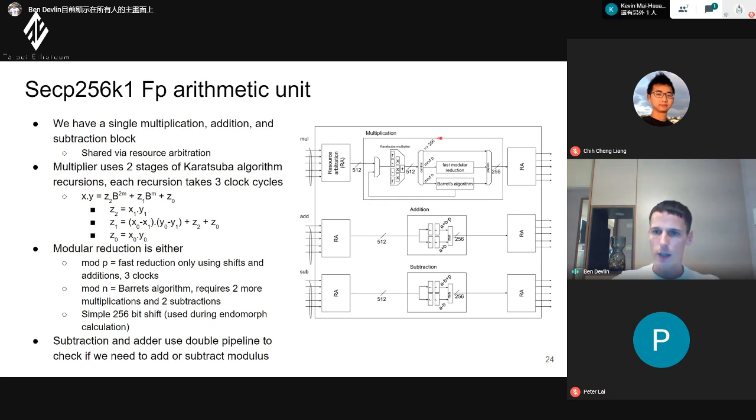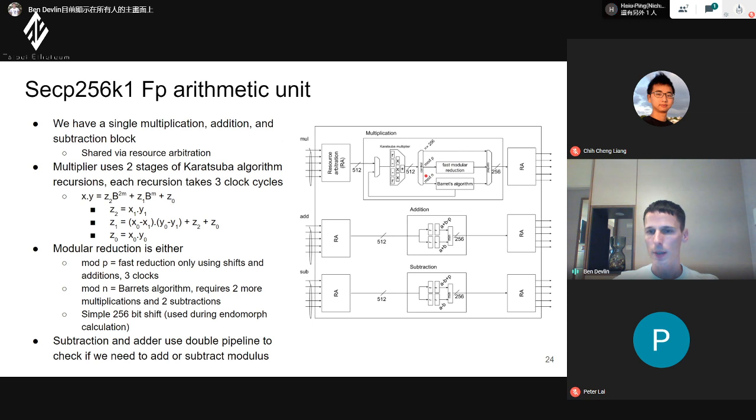Also, part of our ECDSA required us to have different kinds of reductions. When we're calculating the endomorph, we just need a bit shift, so it's very simple. When we're calculating anything that's on the curve, we do it mod prime, and this can take advantage of our very fast modular reduction algorithm.